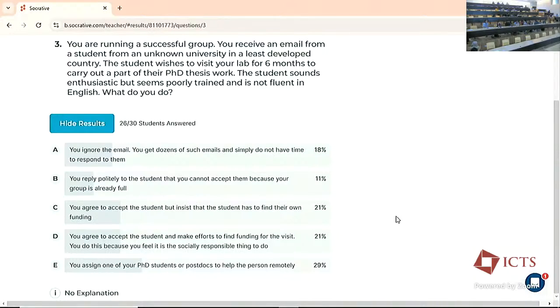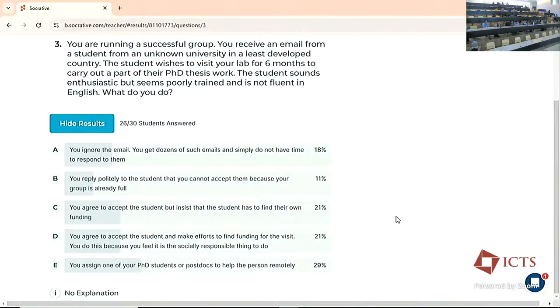I've done all of these at various times. I get a lot. Nowadays, most common is E. For example, someone wrote to me from Uzbekistan a couple of years ago, and I didn't have time myself, but I assigned my students, and then they asked me if I could go teach for a month, and I said I can't go for a month, but two of my students went there for a month, and they taught the group there. My students had a great time, and the group also benefited. But I usually try not to ignore. I try at least to reply, but it depends on my bandwidth.